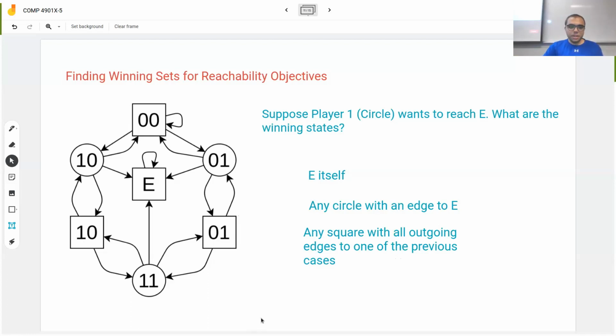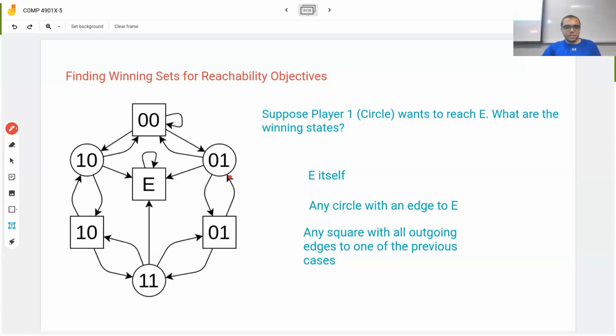Okay. So based on this, actually, in this particular game, we're seeing that player 1 can win no matter where the starting state is. So at every starting state, player 1 wins this. Oh, yes, I'm sorry. Yeah, I didn't see this. You're right. Yeah, except for 0-0. Because if you start at 0-0, the square player can just decide to take this self loop, which I missed,